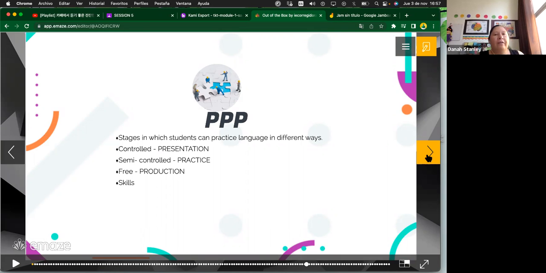Depending on the length of the session, we are going to have the 3 stages, or we can have 2 or 1 in one session, the other one in another session, and the production in another session. Another thing that I can combine, depending on the aim and the objective, I can combine different methods and approaches. So I can have TPR in a PPP with a PPP presentation and grammar translation, because they are going to